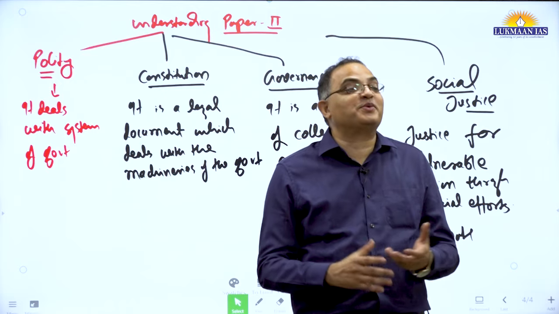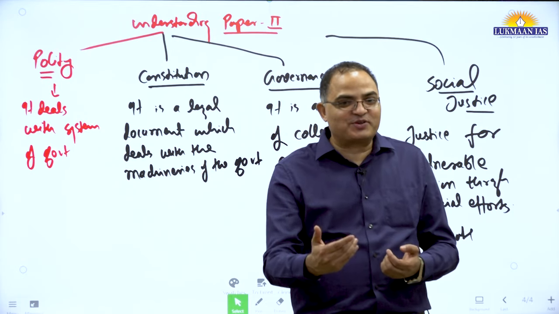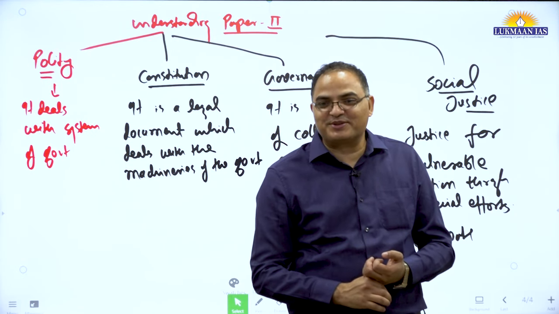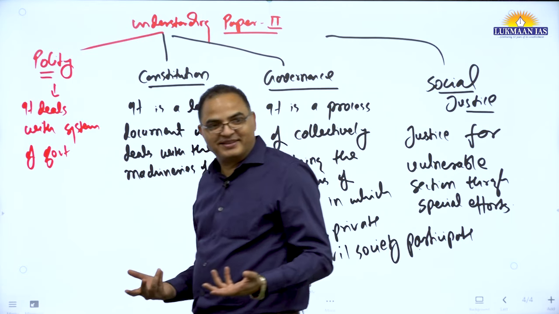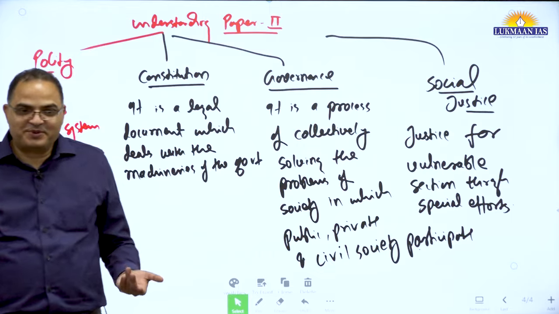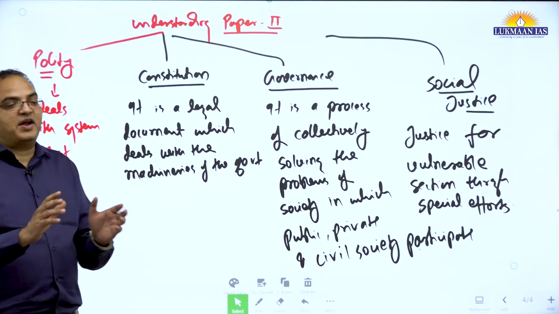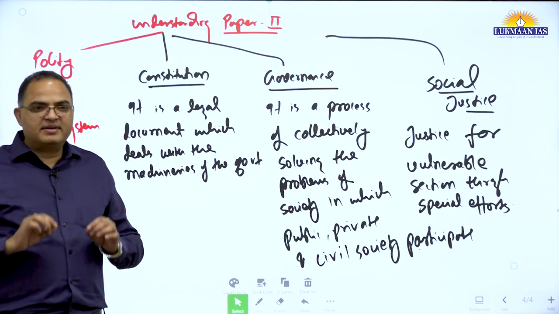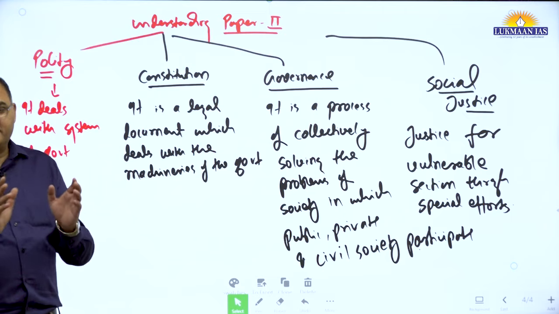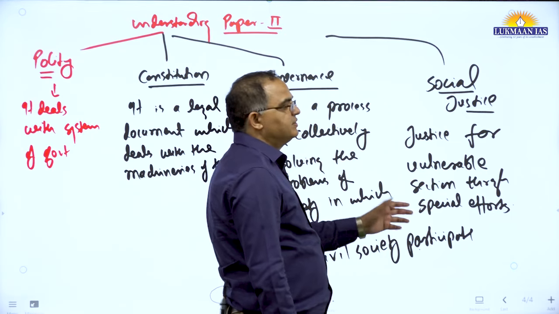Service. Why? You want to serve people. Your orientation is also towards social justice. Religion's orientation is also social justice. The polity's aim will also be social justice. And how can we have social justice? We need to bring some specific initiatives for those people. And that's why we can say social justice, governance.